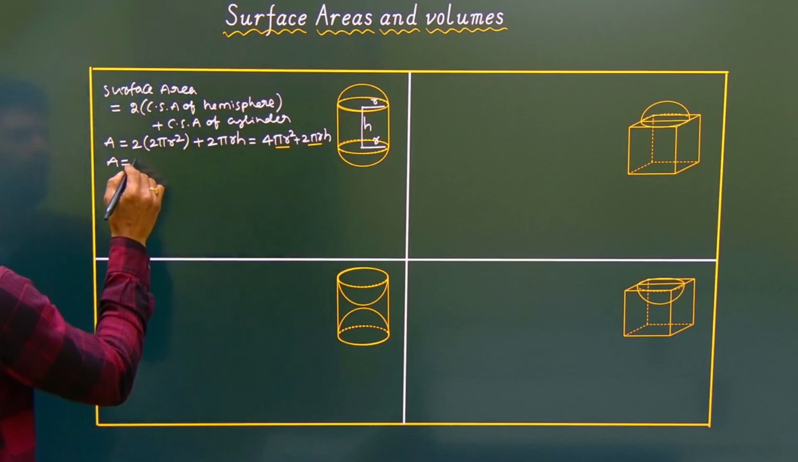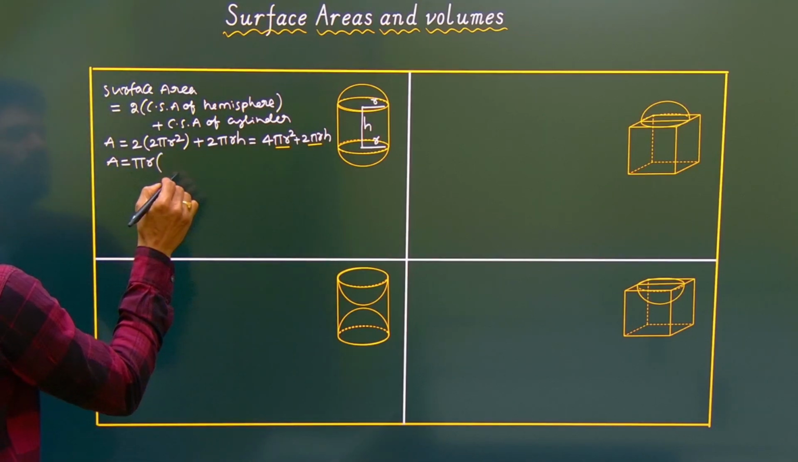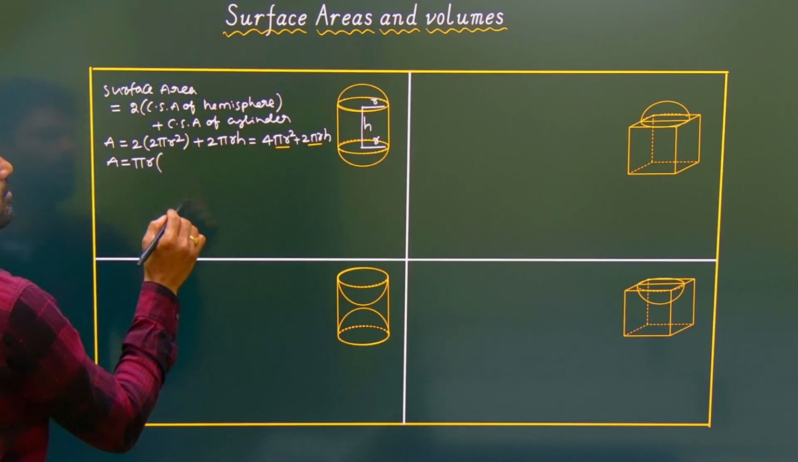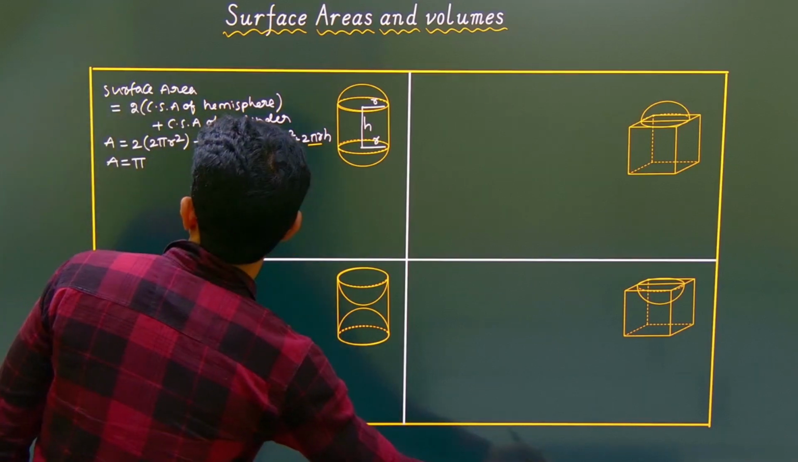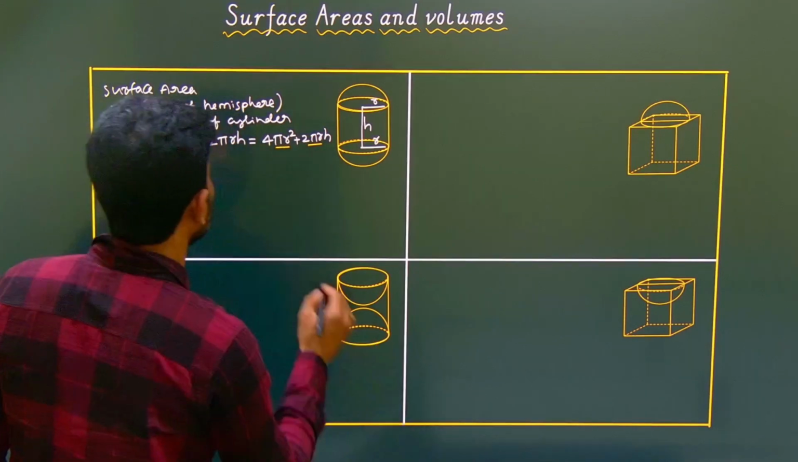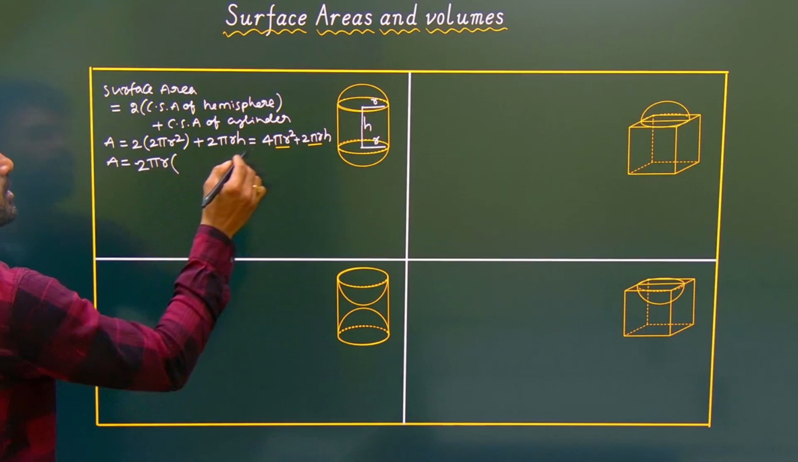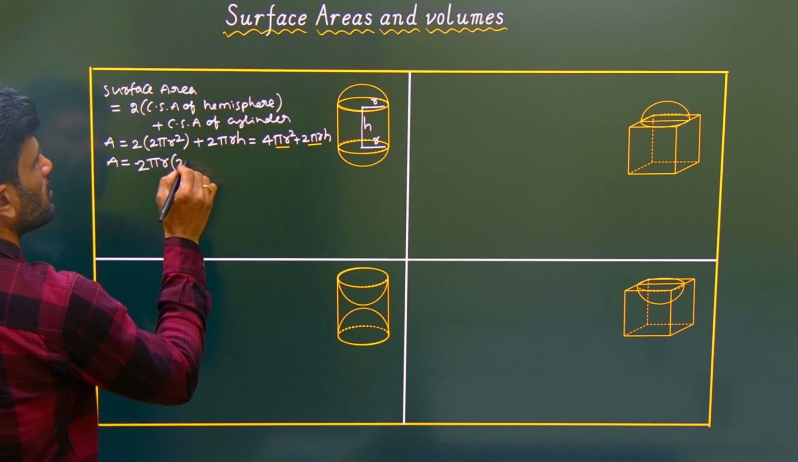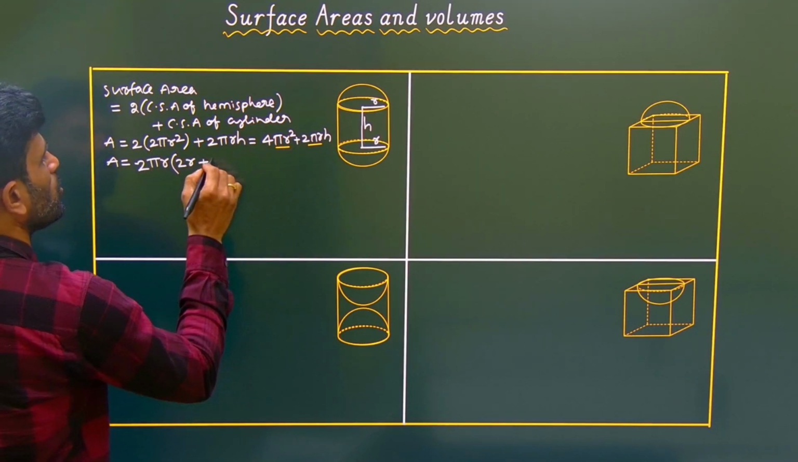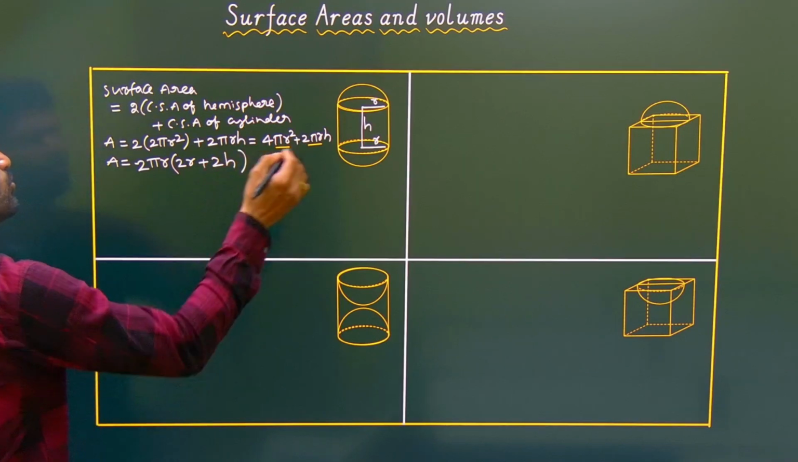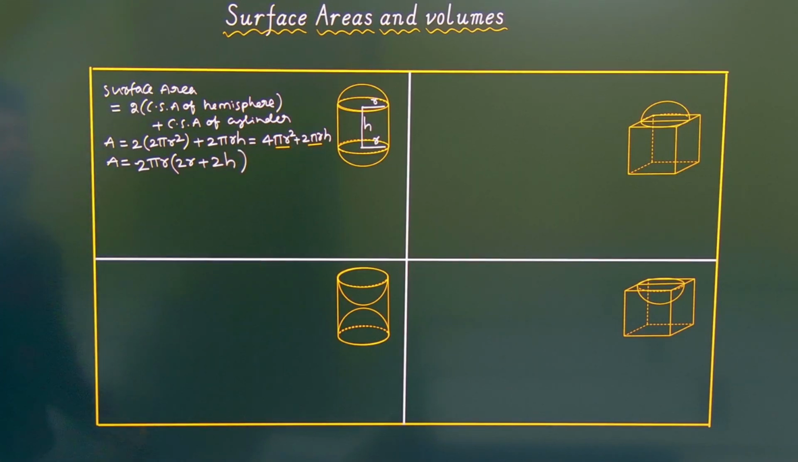If you take pi r common, 2 is also common in both. So if you take 2 pi r common, then what is left here is 2 r plus 2 h. This is the area of that solid. Now volume,